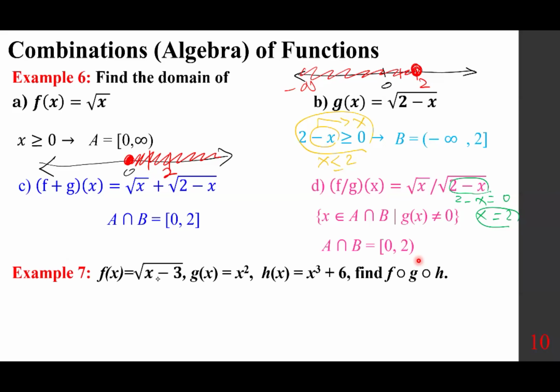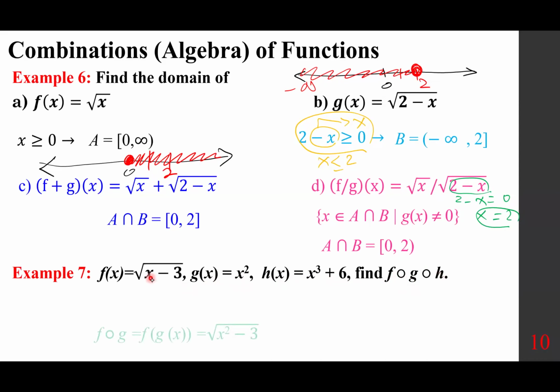Example 7: f of x is the square root of x minus 3, g of x is x squared, h of x is x cubed plus 6. We want to find f o g o h. You have to do two of them at a time. So for example, if I want to find f o g, which is f of g of x, I basically